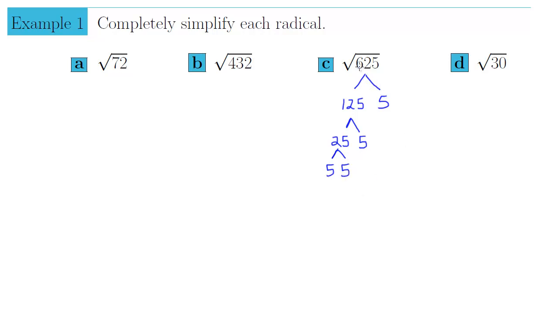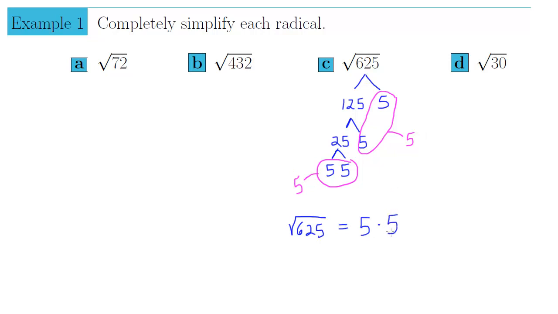So in order to simplify the square root of 625, we factor it down. If you look at the last numbers, the leaves, those are your prime factors. So we're going to circle pairs of prime factors. Right? This pair of 5s is going to come out of the square root as a single 5, and this pair of 5s is going to come out of the square root as a single 5. So what happens is the square root of 625 is equal to a 5 on the outside times another 5 on the outside times the square root of,